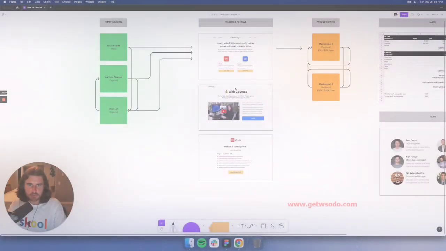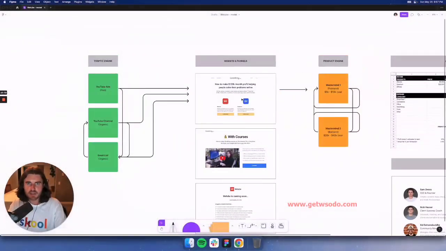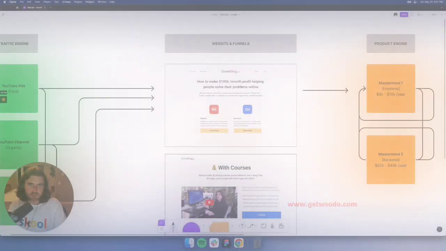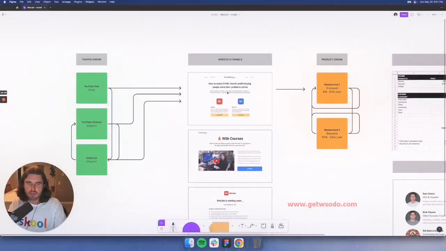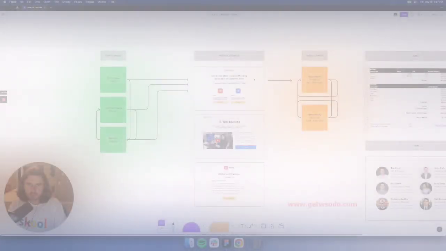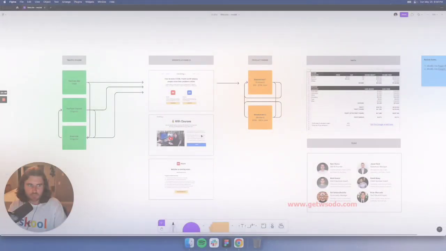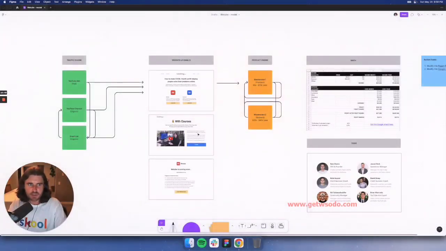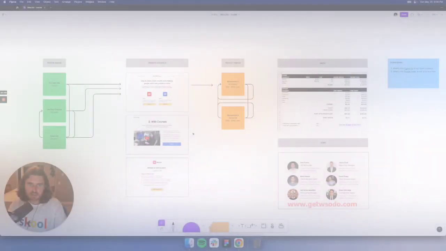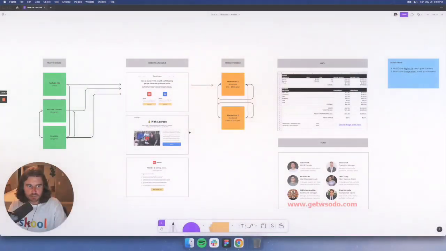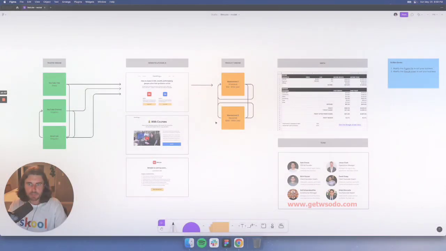Later on, we'll tell you how to build the VSL funnel and run it with YouTube ads. And we'll also later on tell you how to do the website and everything. But yeah, you can just plot in your website and your VSL funnel. A lot of these parts you won't have fully built yet, and they won't be that clear to you yet. The key lesson here is to just dream a little bit and imagine out into the future of what you want to achieve. Then you can plot your team on this